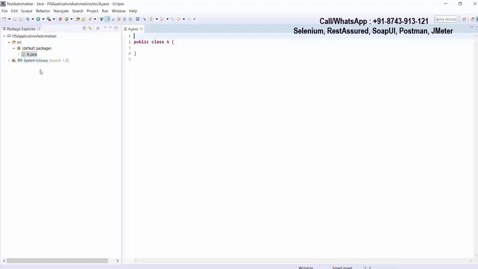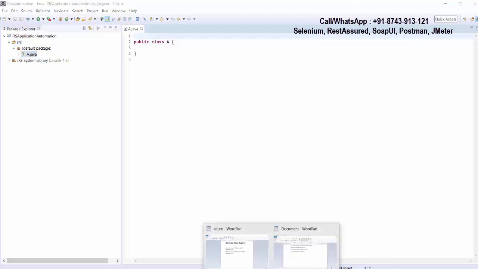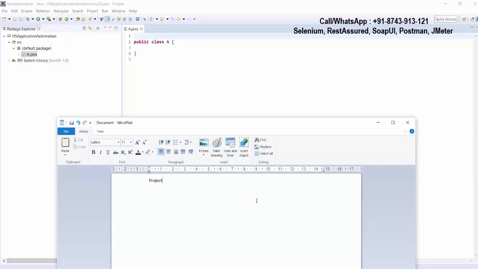Normally whatever code you want to write should be inside the SRC. But we are not writing code files directly in the SRC. We need to go for packages. So the structure would be, first of all, we should create a project. Then we should create packages, and we'll also get the option of sub packages that I'm going to explain later on. And then we need to create the code files. We call them class files. And the extension of these files would be .java.